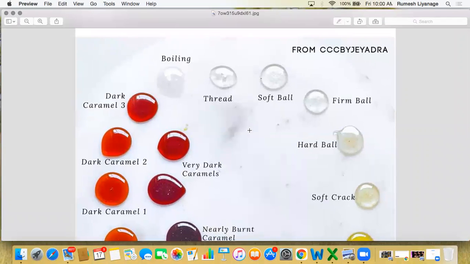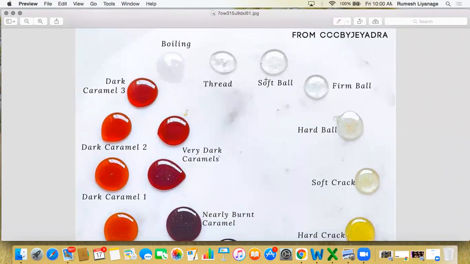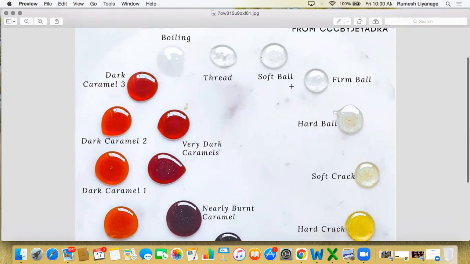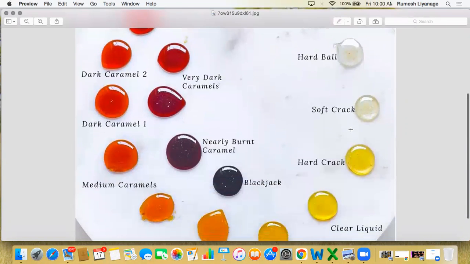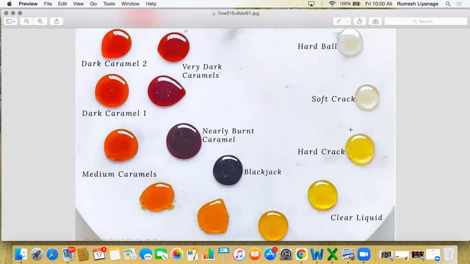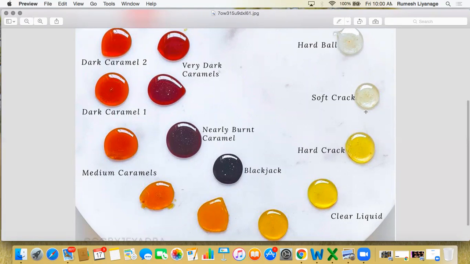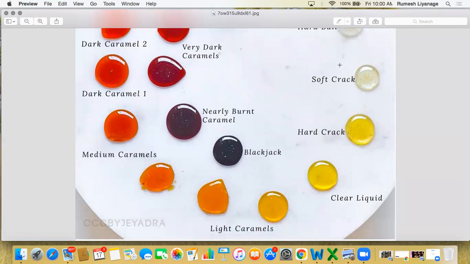Here you can see when we heat the sugar, you can get different colors, right? When we boil, you can see the color, and threading, soft balls, firm balls, hard balls. You can see the color changes here, right? If you can develop this type of chart in your practical, then I think it's brilliant. You had better take a few drops, develop such a chart, take photos and attach them to your practical report. I think you can get a very interesting chart. Color changes and texture changes are also there.